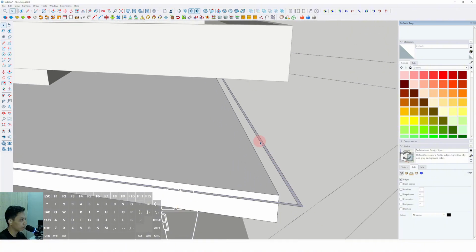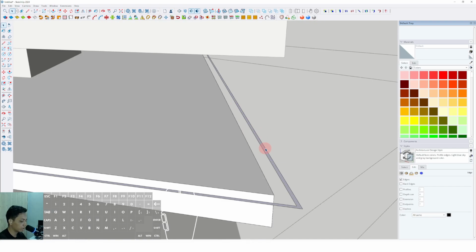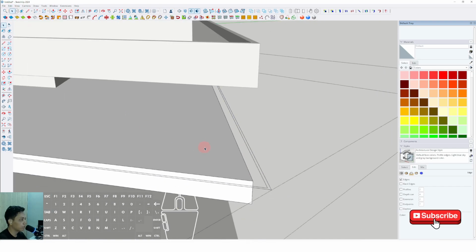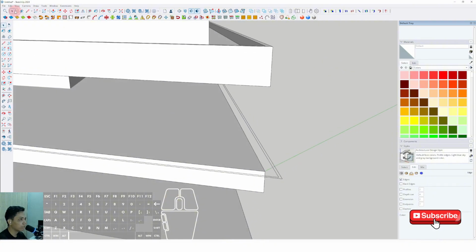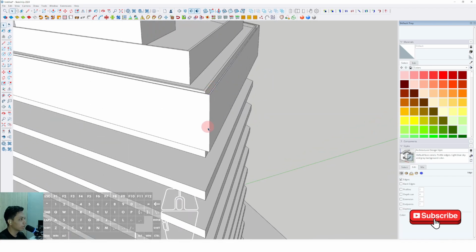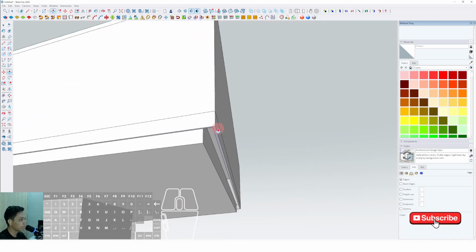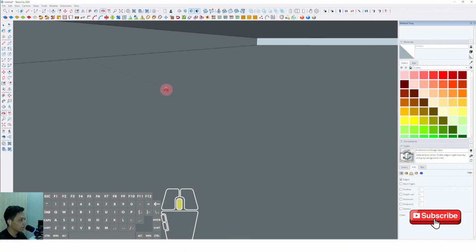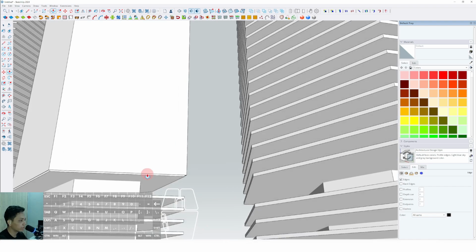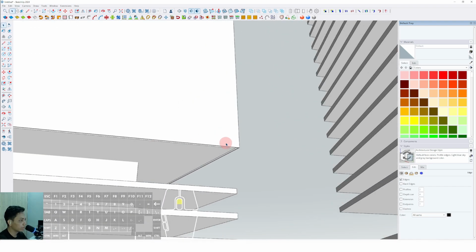set the plane, and then we can click this plane and copy. We can copy or cut. It depends on you. I prefer cut, and then we have edit, paste in place, and push it up until this position. Okay, then we have to push it down until this position. Okay, then we can